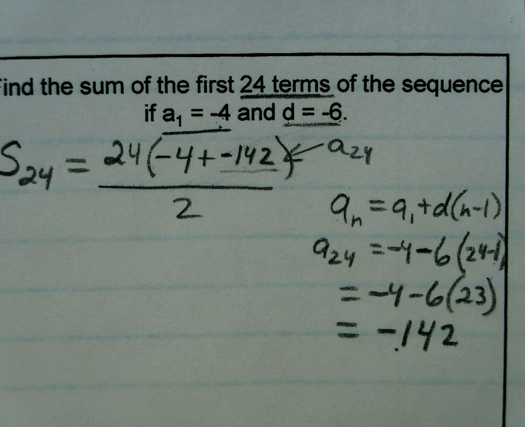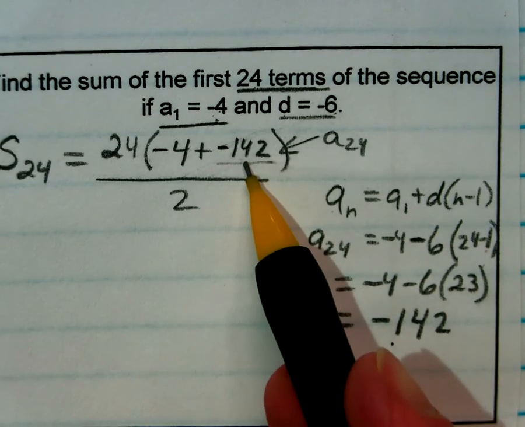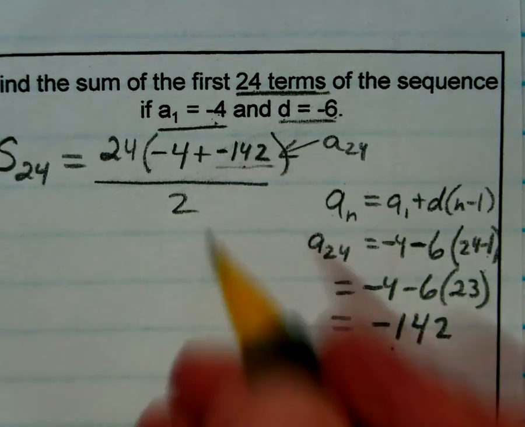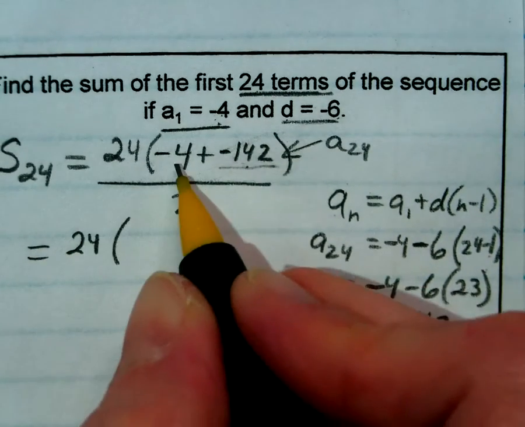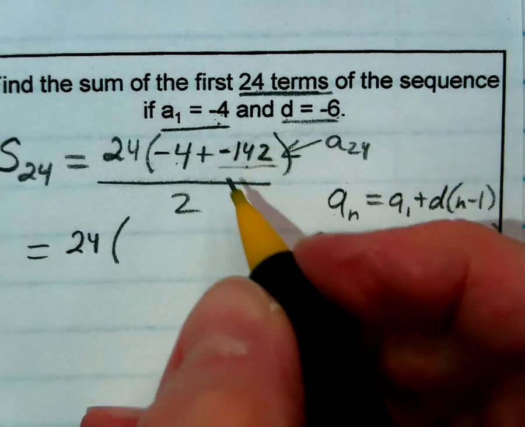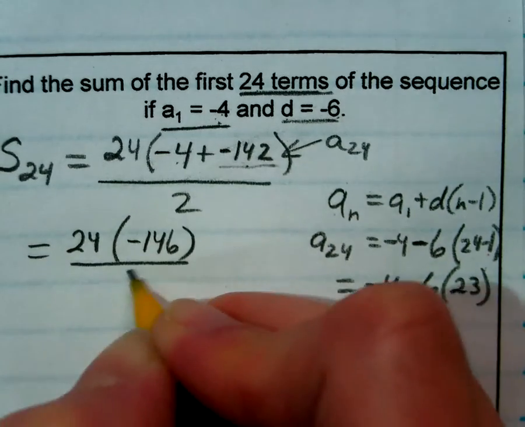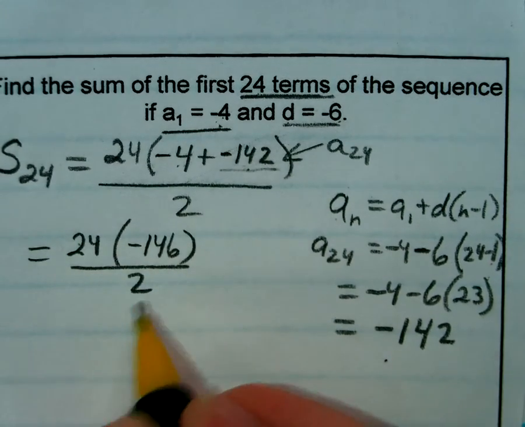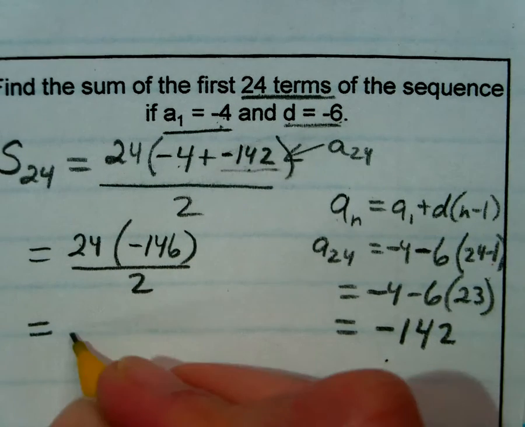So let's start where we left off. We found the 24th term. We just put it into our equation and we're getting ready to crank out that answer. So if I add the numbers in the parentheses, I get negative 146. I'll take that times 24 and divide by 2. If you do that on your calculator, you get negative